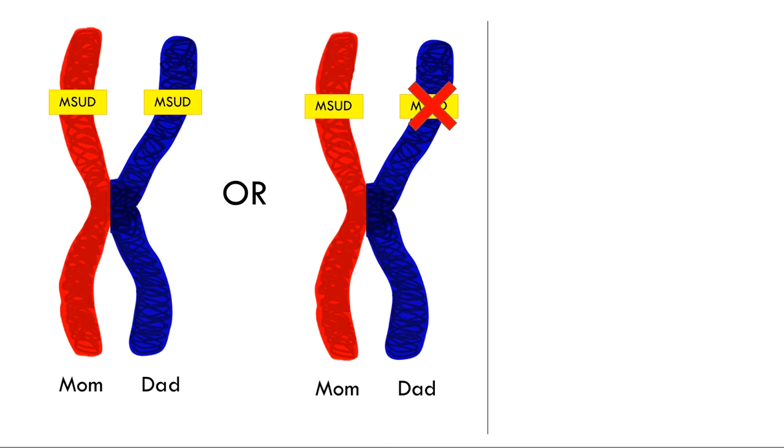You don't have MSUD, or maple syrup urine disease, even though one of your copies is broken, okay? You only need 1 functional copy. This is because MSUD is an autosomal recessive disease. What this means is that to have the disease, you need both copies of DNA to be broken like this,